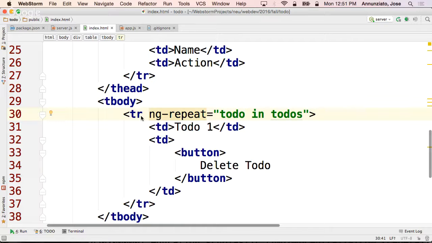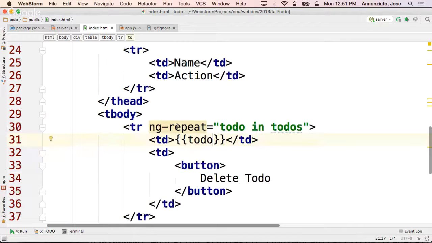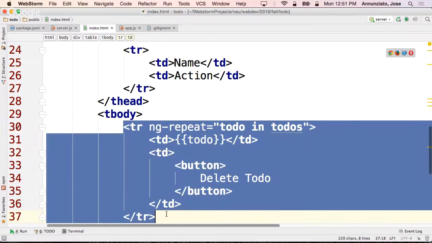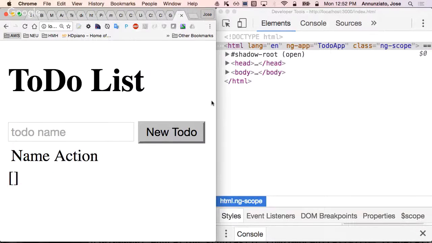Yes, we were rendering before in raw JSON format. So we know there's a whole bunch of instances there, and this is going to iterate, putting every instance into this local variable called to-do. So we could render the to-do here. Notice that this is a local variable that only has meaning inside of this scope. It's only used within this TR. It only has values inside of this TR. So if we re-render this,